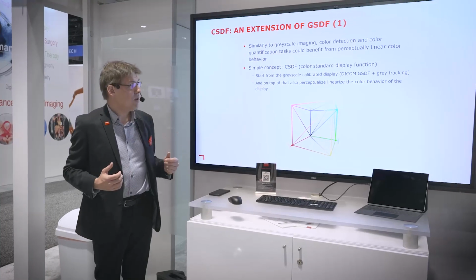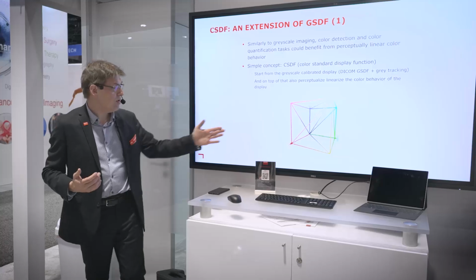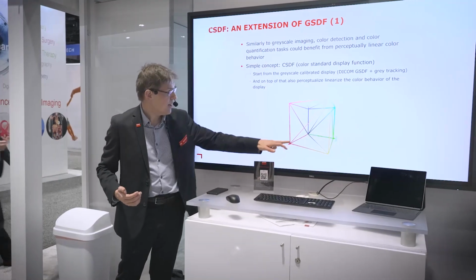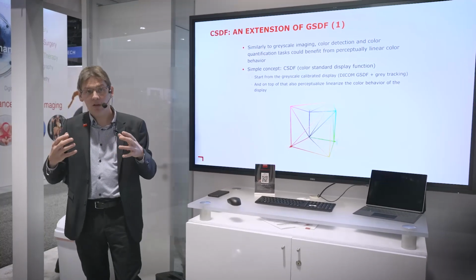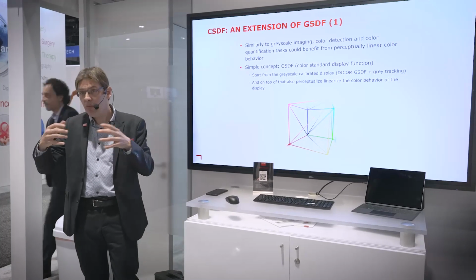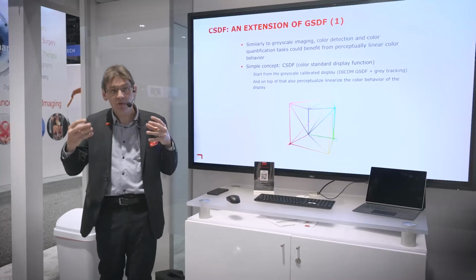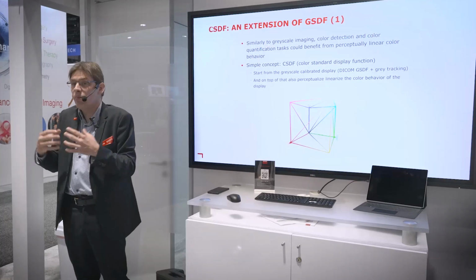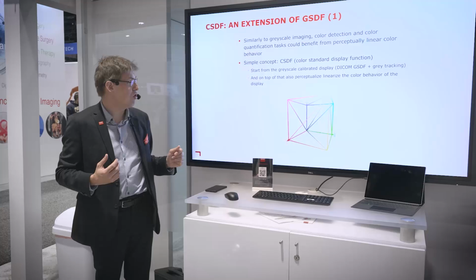And the way it works is the following. This is your color cube of a display system. So you have your primary colors, red, green, and blue. And what we're going to do is we will shuffle all those colors in that cube in such a way that we will put them at other positions such that the differences perceived between the colors become the same. So we will perceptually linearize, in fact, the entire color cube.